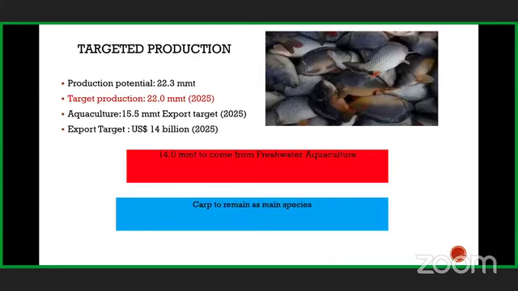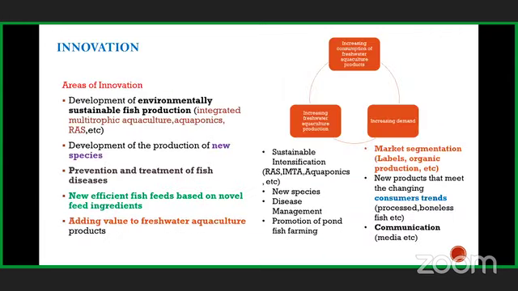What I told in the last slide is that we have a target production of around 22 million metric tons by 2025, and exports of more than 14 billion. To achieve this, we need technologies that are highly intensified in a short duration, and it should be a highly biosecured environment. This is the need of India, a country of more than 145 crore population. Aquaculture has expanded rapidly in the last couple of decades.